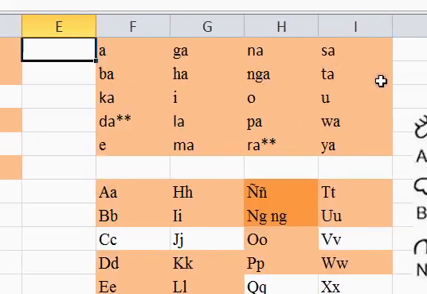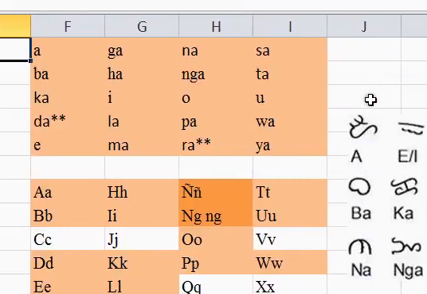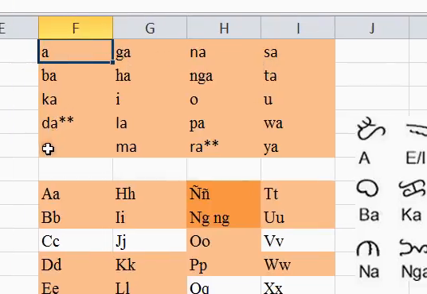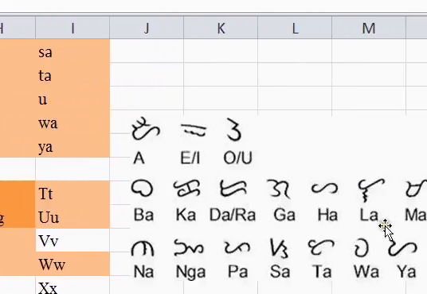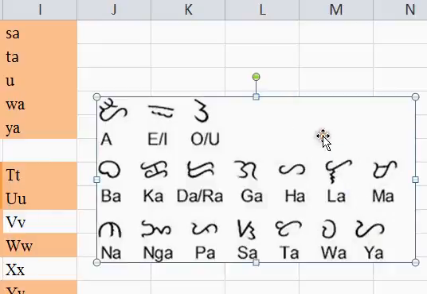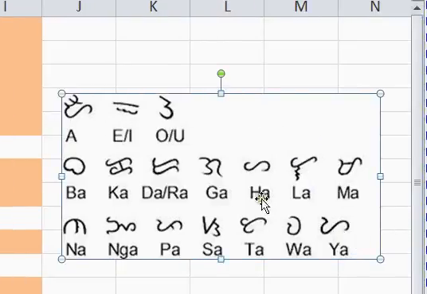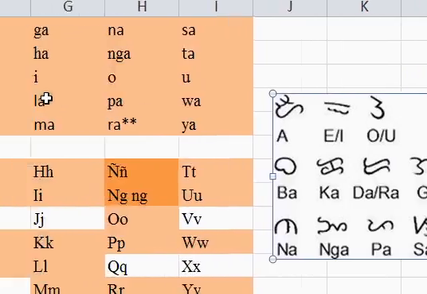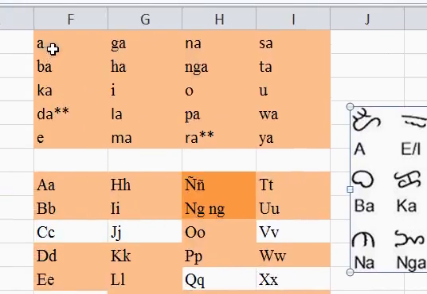But for Filipino, we originally used the abakada system, which is composed of a, ba, ka, da, ga, ha, la, ma, na, nga, o, pa, ra, sa, ta, u, wa, ya, which is this one. If you can see this clearly, this is the abakada system, and we used symbols for it in the first place. But as you can see, it's kind of like the alphabet.